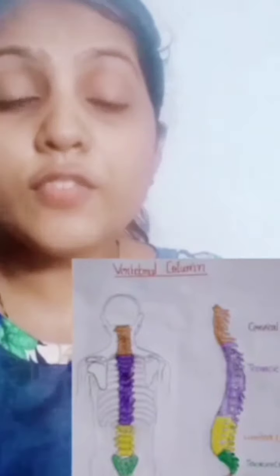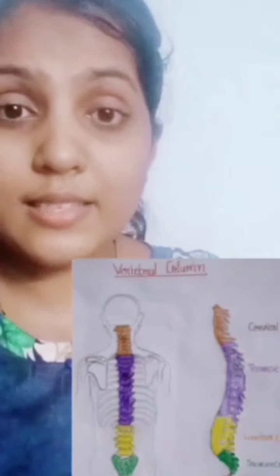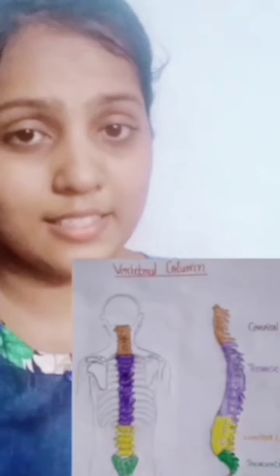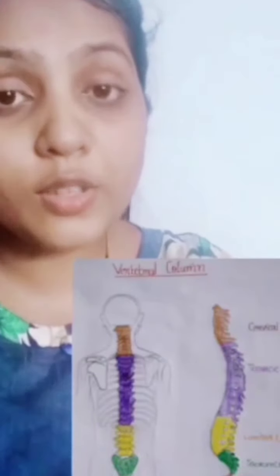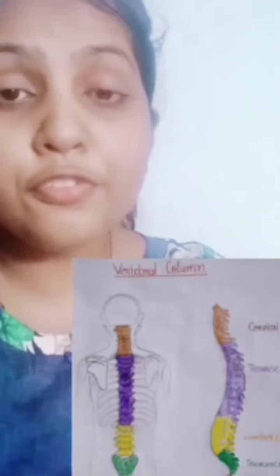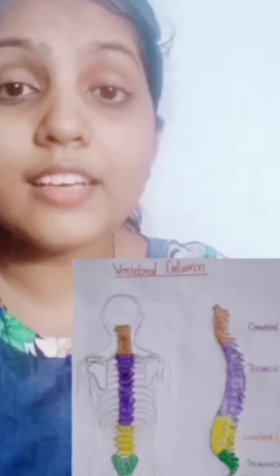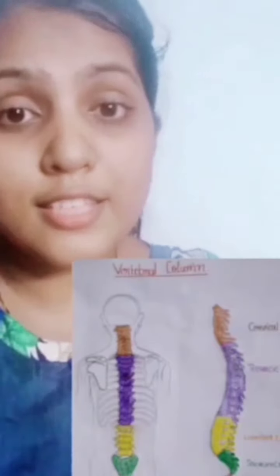In humans, the vertebral column usually consists of 33 vertebrae placed in series and connected by ligaments and intervertebral discs. Usually there are 7 cervical, 12 thoracic, 5 lumbar, 5 sacral and 4 coccygeal vertebrae. The vertebral column provides attachment for muscles, supports the trunk, protects the spinal cord and nerve roots, and serves as the site of hemopoiesis.